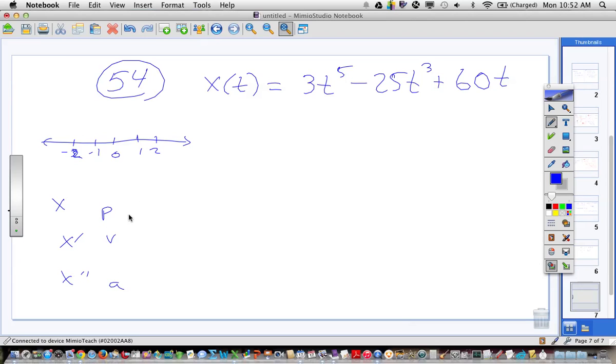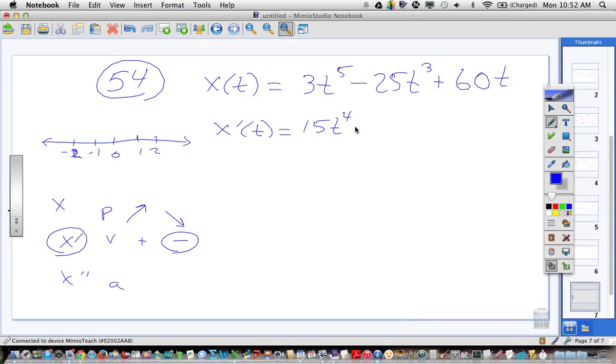So in our chart, his position is increasing when his velocity is positive, and it's decreasing when his velocity is negative. That means he's moving right when his velocity is positive and left when it's negative. So when it says when is he moving to the left, it's really asking when is the derivative negative. That's the key. Once you understand that, then it's just like problem number 20. It's a number line problem. So you simply take the derivative,